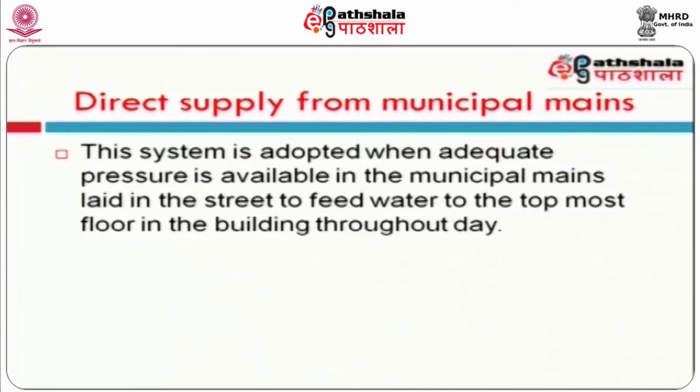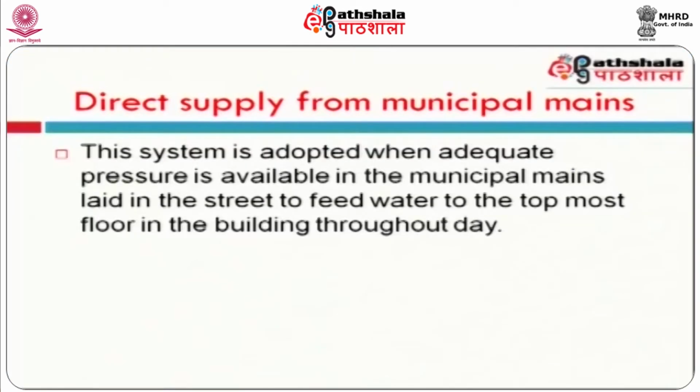So, in general, in the water distribution system, sufficient pressure will be available, which will facilitate the filling of the overhead tank placed at some 12 meter or 17 meter from the ground level, depending on the cities. In metropolitan cities, the water will have a pressure of 12 to 17 meter. So, the water will rise to the 4th floor or 5th floor, and we can store the water in the storage reservoir. From there, we can have the distribution pipe connected to each fixture, and then water can be distributed.